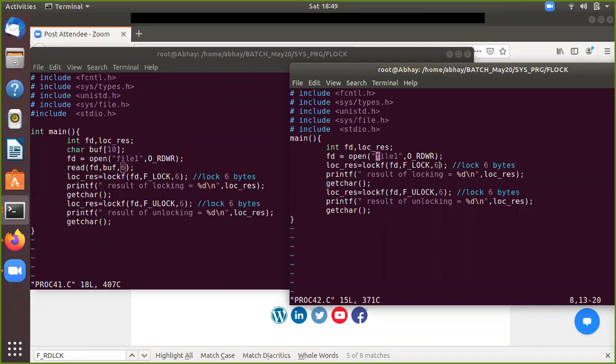Am I right? Yeah. So basically, now you have to take a call right here. You are going to put a lock from 7th here. You have to specify an argument here, basically how many bytes you are going to lock.